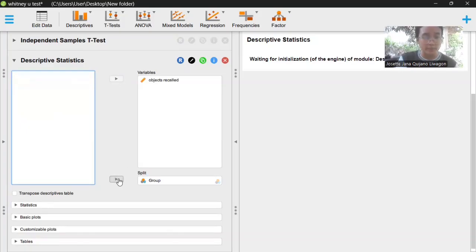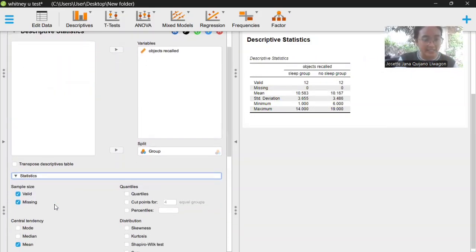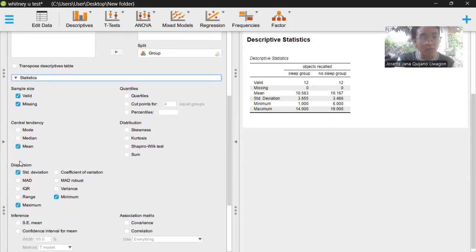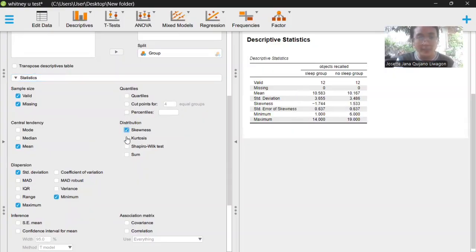And group is the split. In statistics, we're going to check for the mean, median, standard deviation, the maximum and the minimum, the skewness, kurtosis,